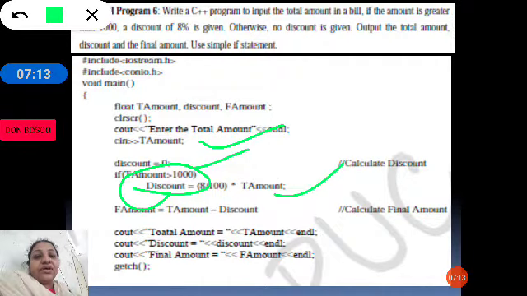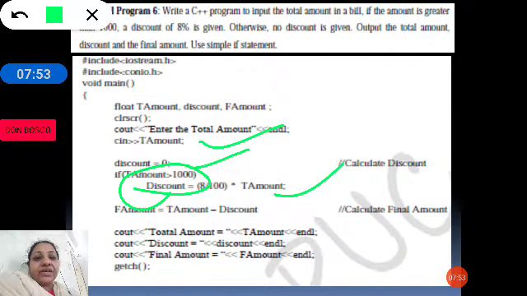Say a person has purchased goods worth 2000 rupees, so the total amount is 2000, which is greater than 1000. Then we calculate the discount as 8%, otherwise the discount will be 0.